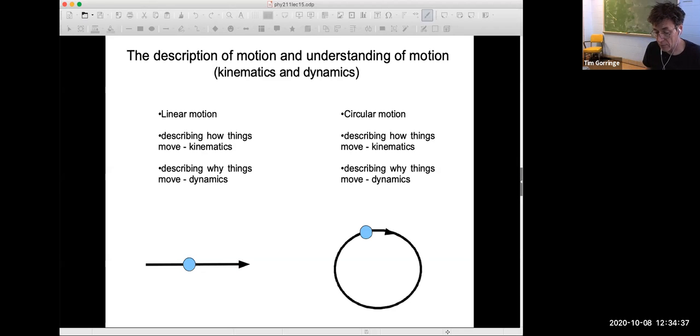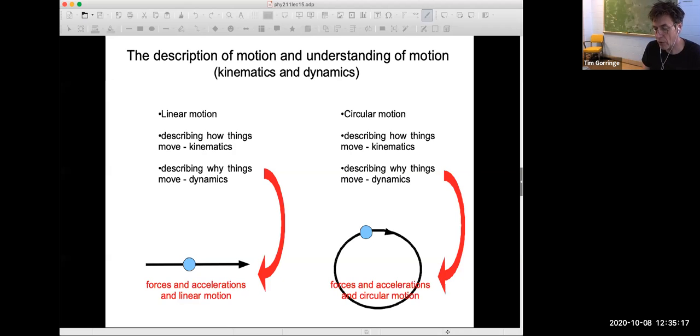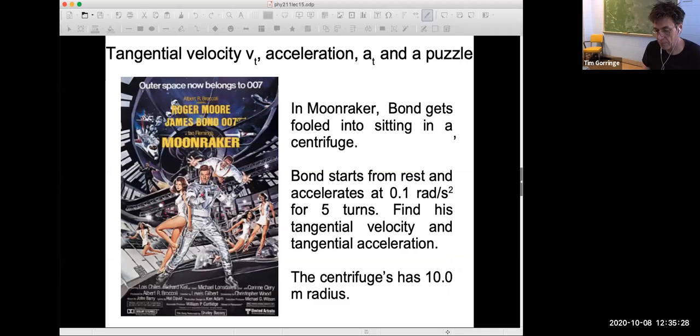What we're going to do this class is kind of what we did early on in the semester. After describing kinematics of straight line motion, we moved on to the dynamics of straight line motion, the explanation of straight line motion. So after we've now described the kinematics of rotational motion, introduced the description of rotational motion, we're going to move on to the dynamics of rotational motion and explain why things rotate. So earlier on in the semester, we moved on to dynamics for linear motion and talked about forces and acceleration. And now we're going to move on from kinematics of circular motion and talk more about forces and acceleration in the context of circular motion. But